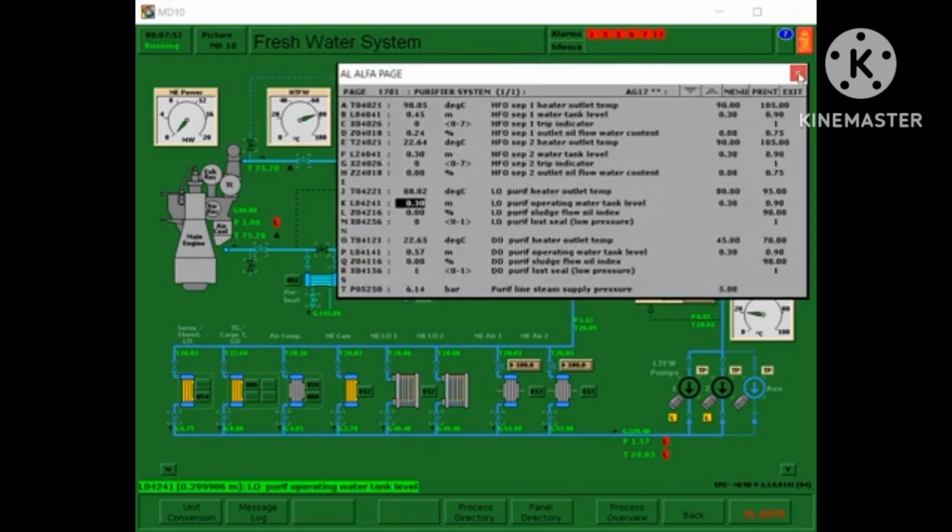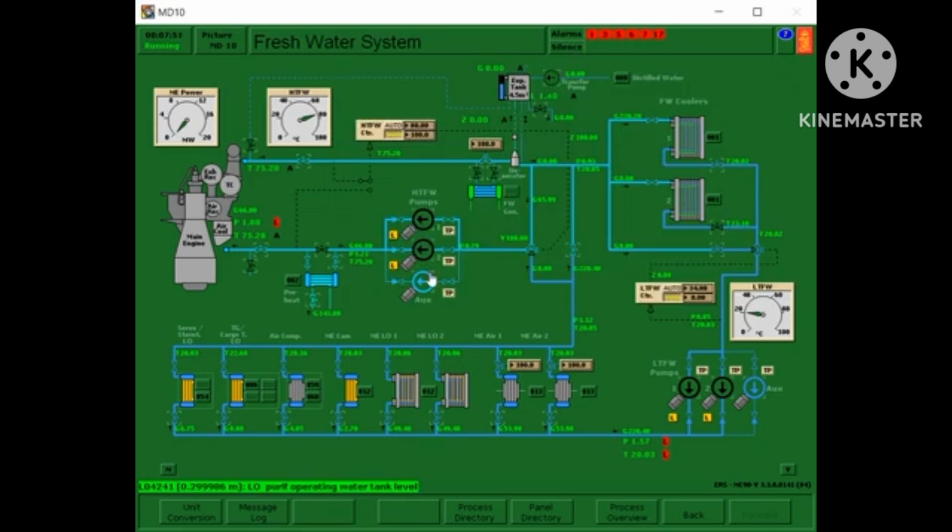Before that, we need to acknowledge, and open this valve, close this pump, and we need to observe first this lower part, O2, O2, and turn this valve.